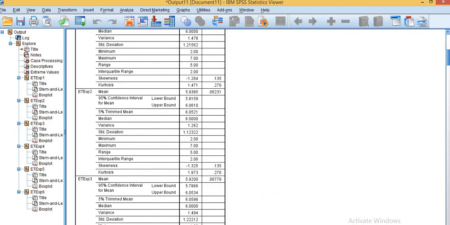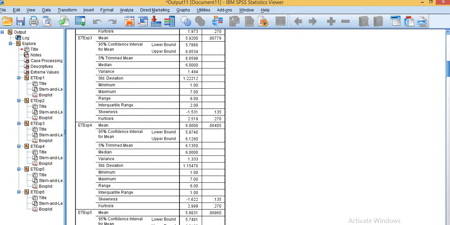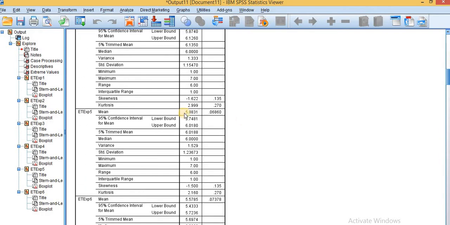So by deleting two responses, there is improvement in my kurtosis of this item, which was earlier more than a value of 3 point something. So now by deleting only two outliers, the value comes under the threshold value.